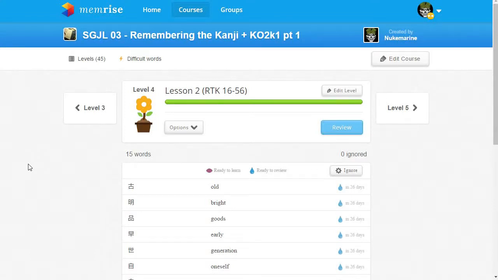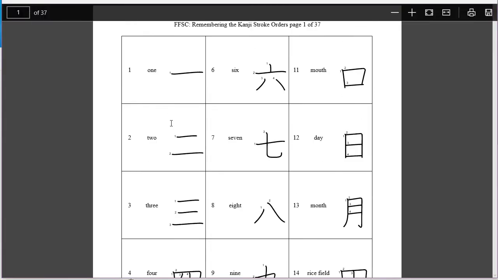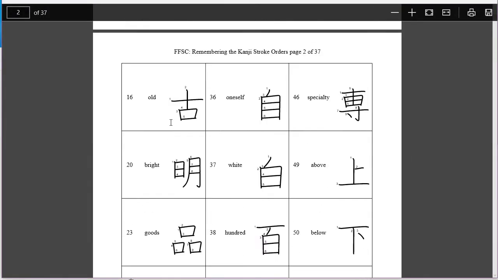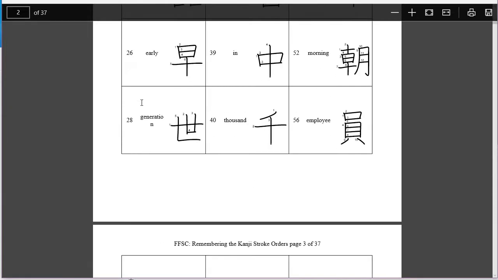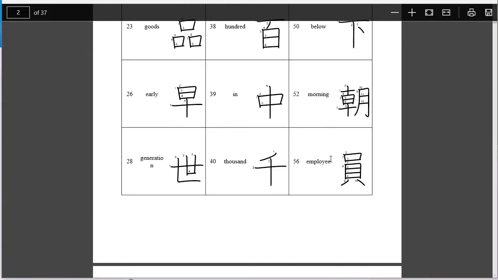This is the suggested guide for Japanese literacy, part 3. And this is the Remembering the Kanji optimized lesson, part 1, lesson 2. The kanji we'll be covering today in this lesson: starting from Heisig's number 16, generation, for example, employee, morning, all the way to